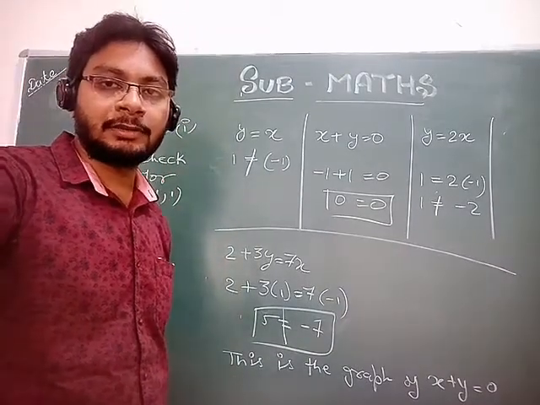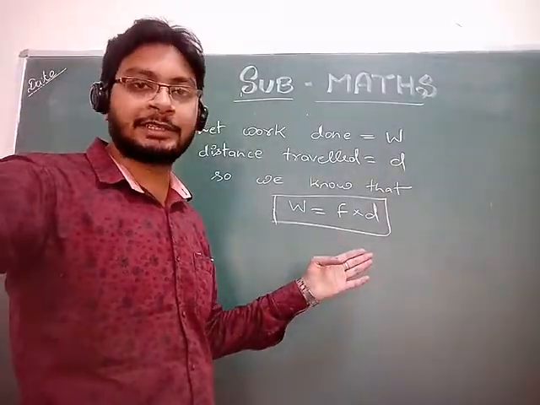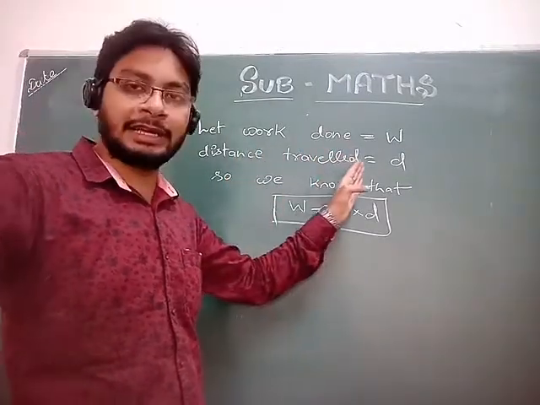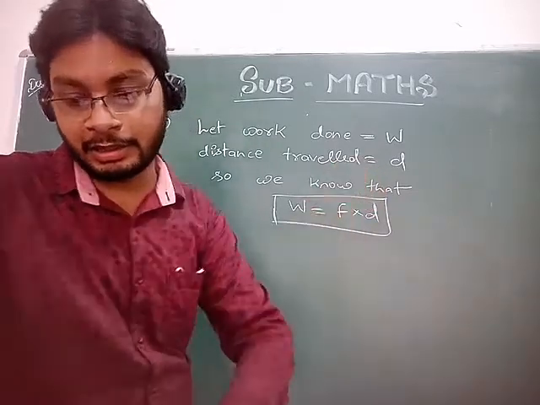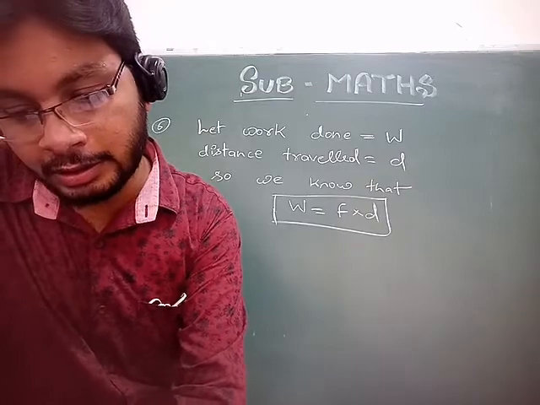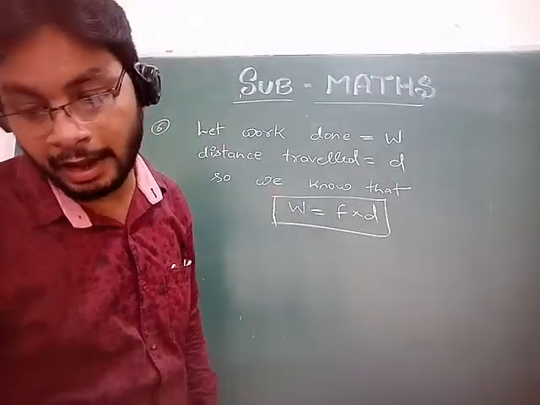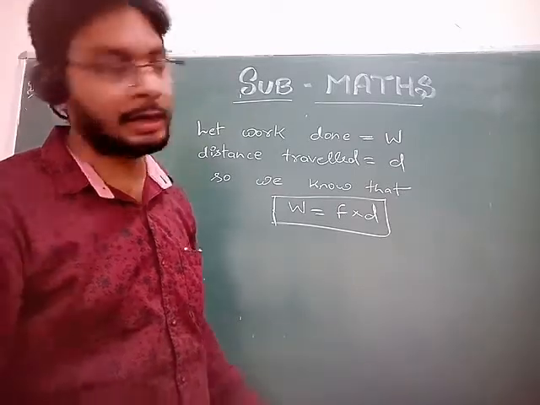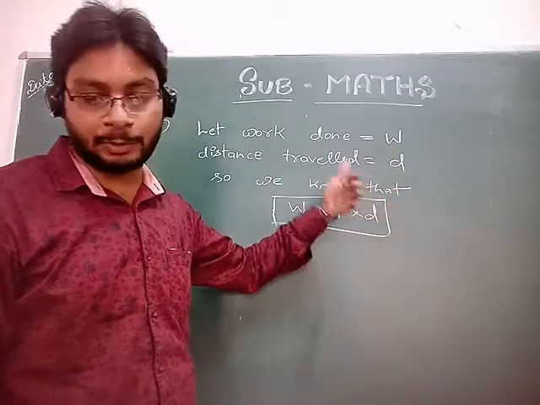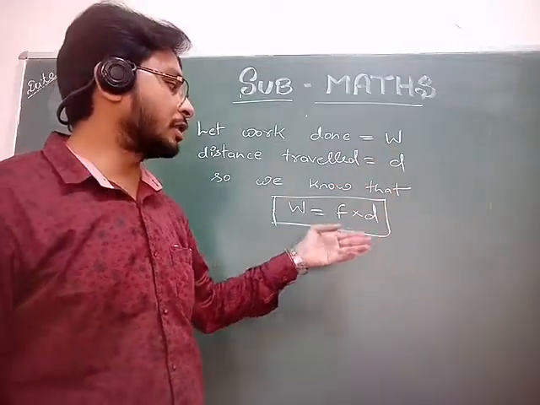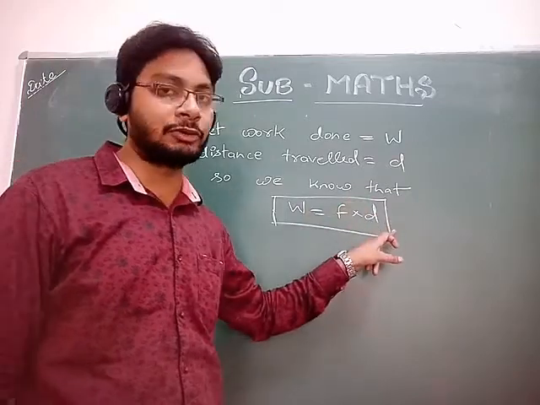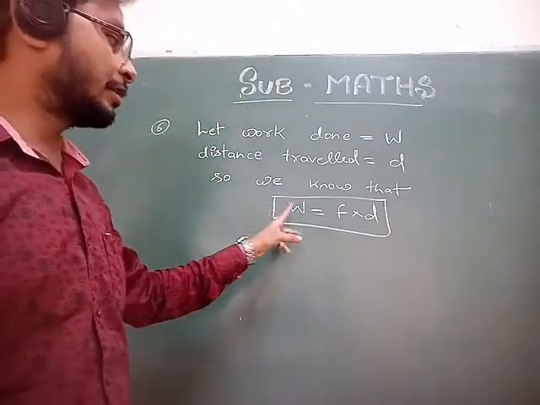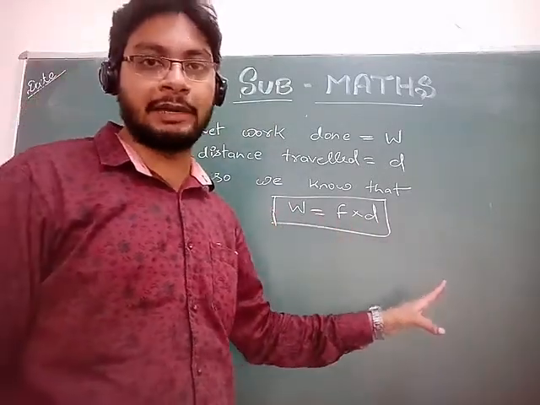In this question, we use physics. The work done is given by W and the distance traveled is equal to D. And in the question a body on application of a constant force has work done directly proportional to the distance traveled. जो वर्क डन आपको गिवन है वो डायरेक्टली किसके प्रोपोर्शनल दिया गया है? इट इज डायरेक्टली प्रोपोर्शनल टू डिस्टेंस ट्रेवल्ड, मींस W is proportional to D and the force is constant.